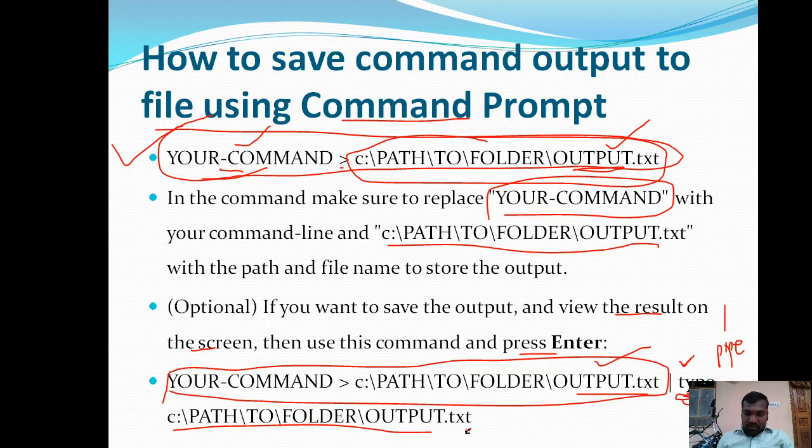We have to give the file name along with the path if that particular file is available somewhere else. If the file is available in the current directory, then you can simply write the file name, output.txt. Then you can export the system configuration details along with the viewing option, which displays the system configuration details on the command prompt.